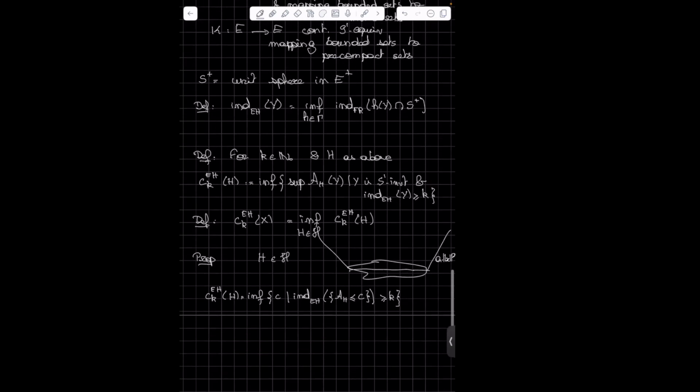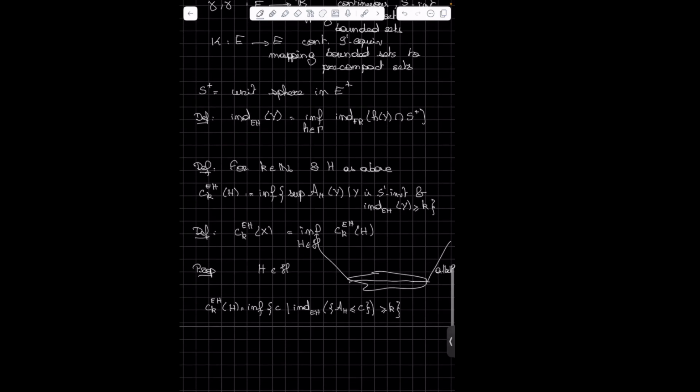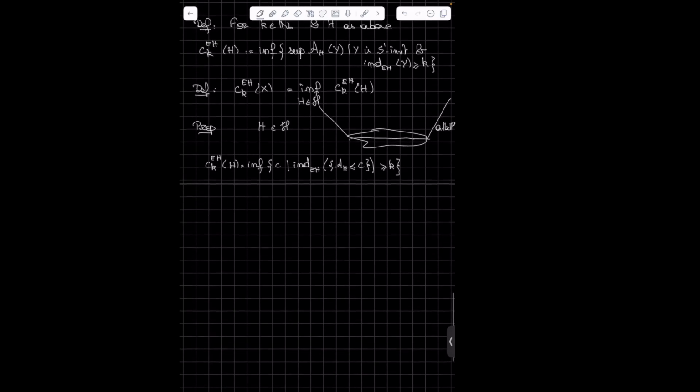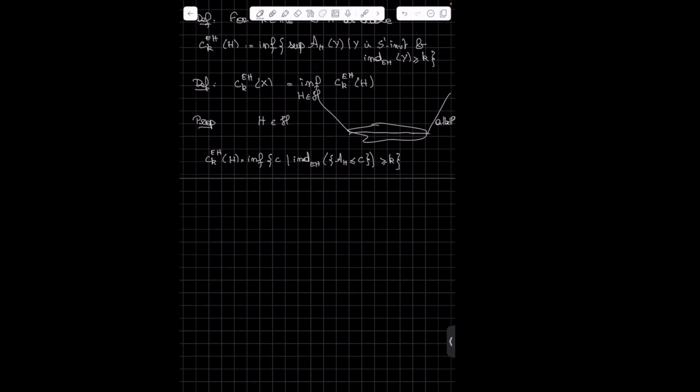No? So the difference was we don't have to look at all S1 invariant subsets. We can restrict to only a subset of the action functional, like the Hamiltonian action functional less than a constant. And then, definition,